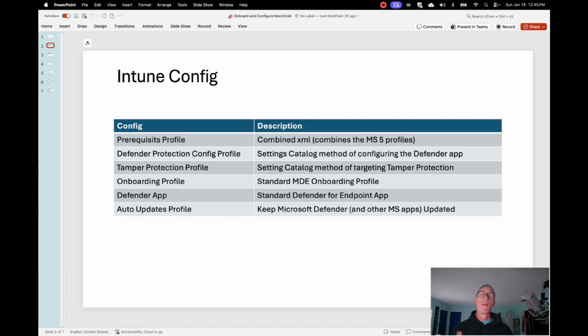Usually it's not a problem. If you reboot the whole machine, everything works out just fine. That's your first troubleshooting step, by the way: reboot that machine. All right, what else? Well, the Defender app also needs to know how to work, so you have to have a